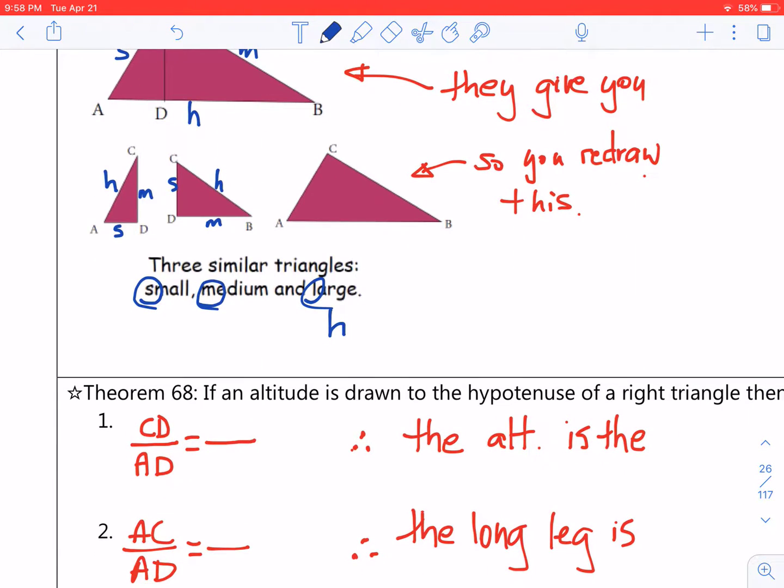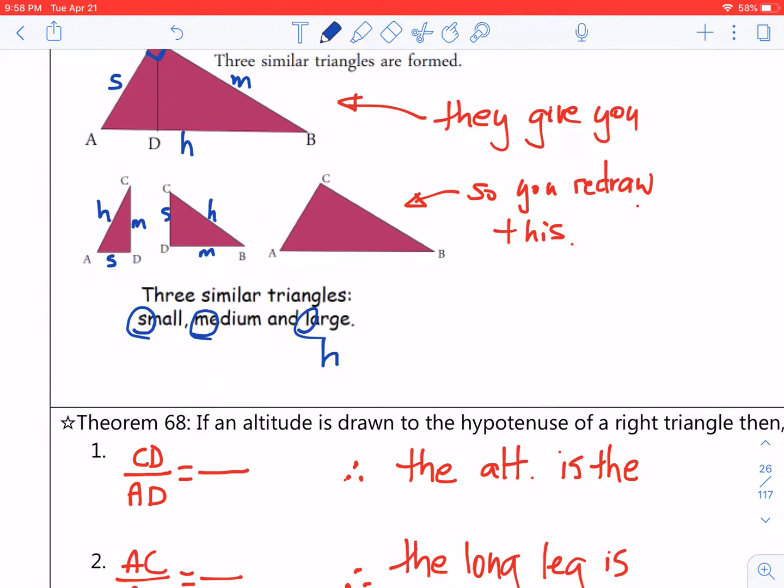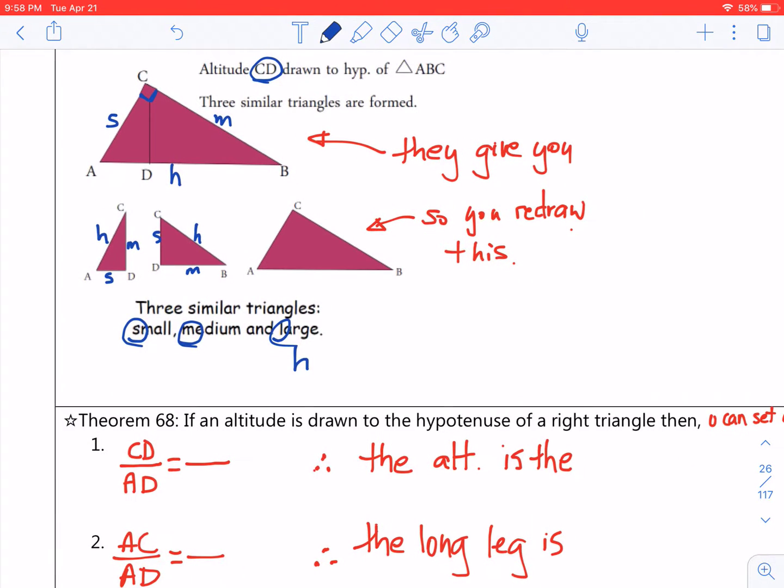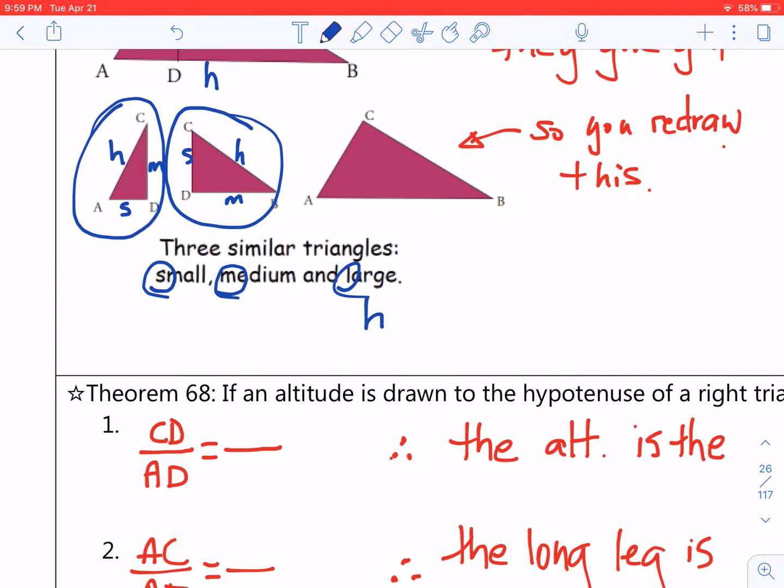All right, our first theorem here. We don't necessarily quote this theorem, so we don't need to give it a name. We just use it a lot. And if you want to call it something, I suppose you could call it the altitude to the hypotenuse theorem. But look at the CD to AD. Notice when we talk about altitude CD and AD, we are kind of creating that triangle. And so now let's relate it to this triangle here. So notice I'm referring to the small and the medium, so I go to the other one, and we would say